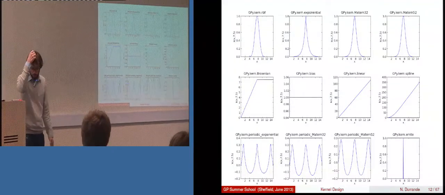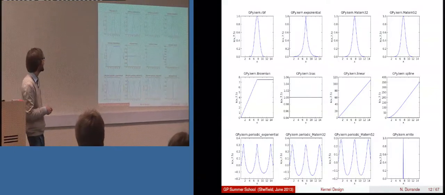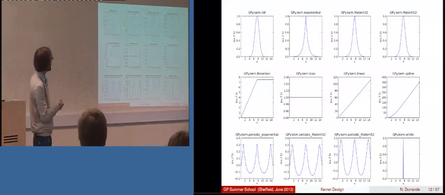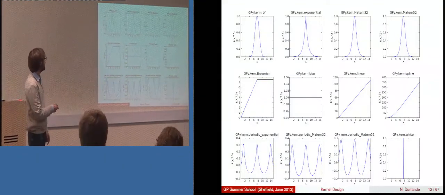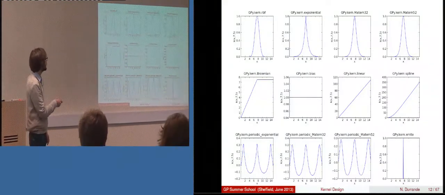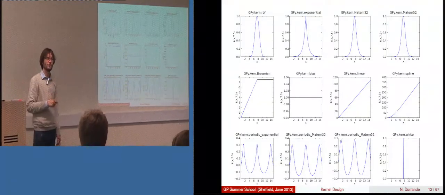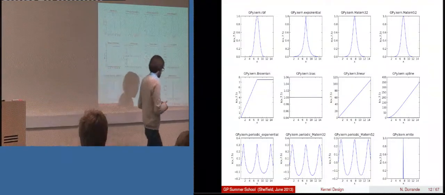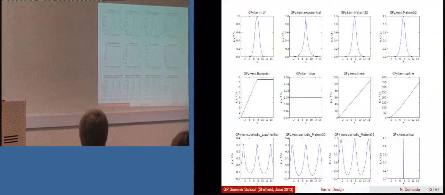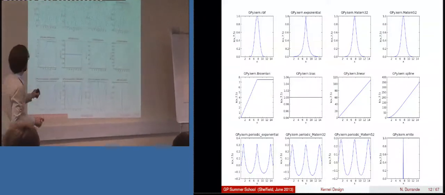So here's an example from the documentation of GPy with some representation of kernels. The usual ones, and some that are a bit more strange, kernels for periodic functions. You may find this one and this one a bit strange because they don't look symmetric. In the definition, a kernel had to be symmetric. Actually, they still are symmetric in the way we want them to be, because if you compute